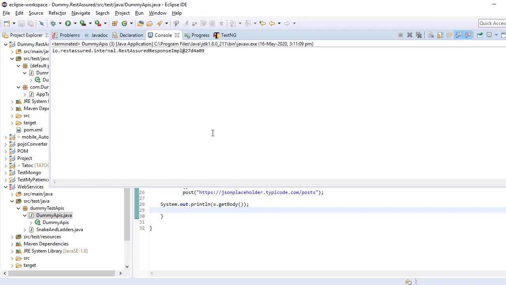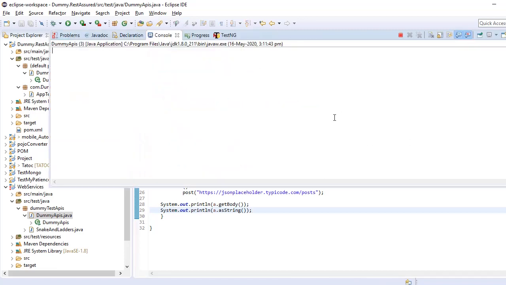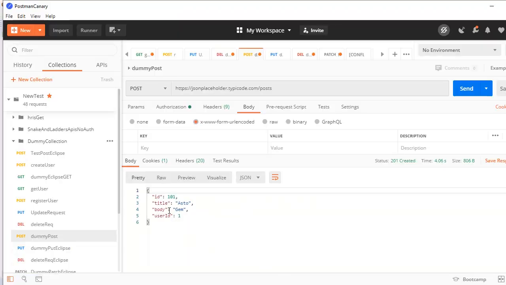Yeah, so it has given io.restassured.internal.RestAssuredResponseImpl. So to deserialize this object, we need to add a dot asString, and if we run this using Ctrl+F11, I ran this, and then I should get this response in JSON string. Yeah, so this is the response, which is the same as the response we got in the post method.